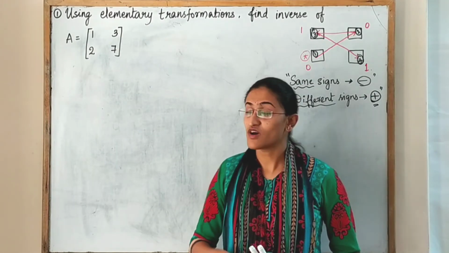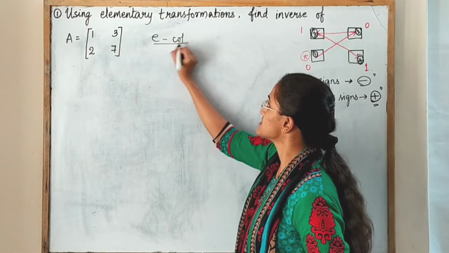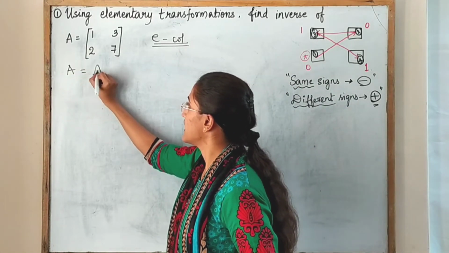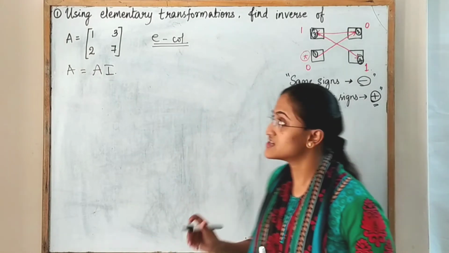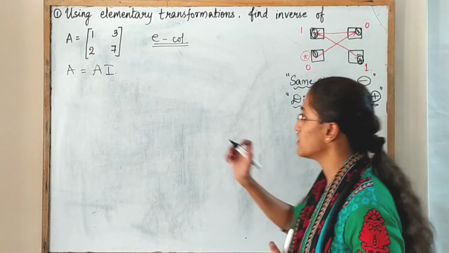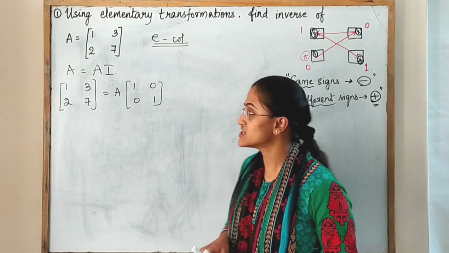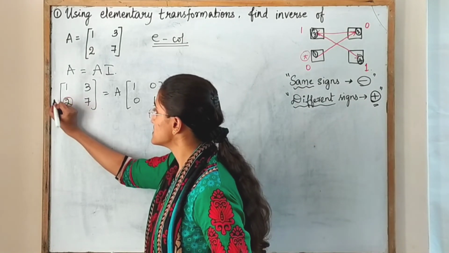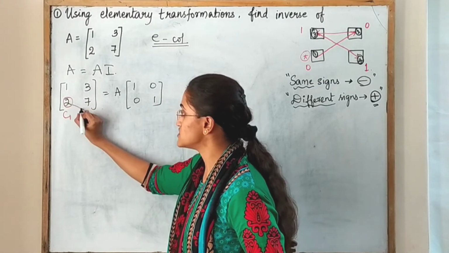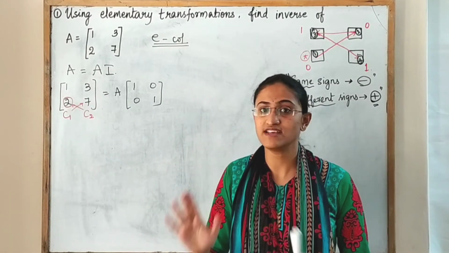Now we should solve the same question using elementary column operations. Fine. Now starting with A is equal to A into I. The pattern which I have used in the row operations remains the same for the column operations also, and this condition also remains the same. As per our first condition, I need to make this element 0, hence this is in the first column, right? I'm changing the first column and again multiplying. The pattern remains absolutely the same.